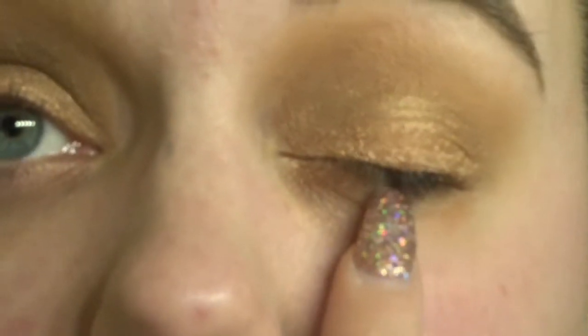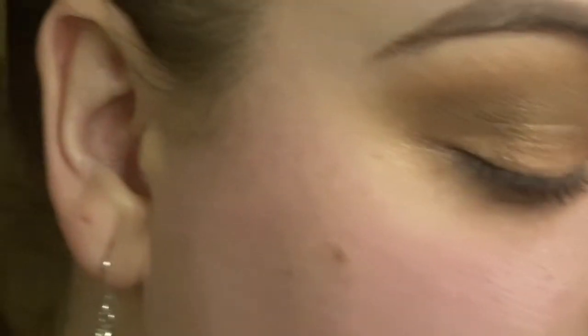Whoops, I know this is really close, but I just wanted to show you this. I'm going to focus, come on, there we go. So this eye is the one that I've just done, and up to now I went in with the first two shades that I used and not the shimmer through the lid, and look how much different it looks to this one. It is obviously that first shimmer that we used, the one from the nude one, this one, that's creating that ash look, but I just wanted to show you what it looked like without. This could be quite a nice everyday look,